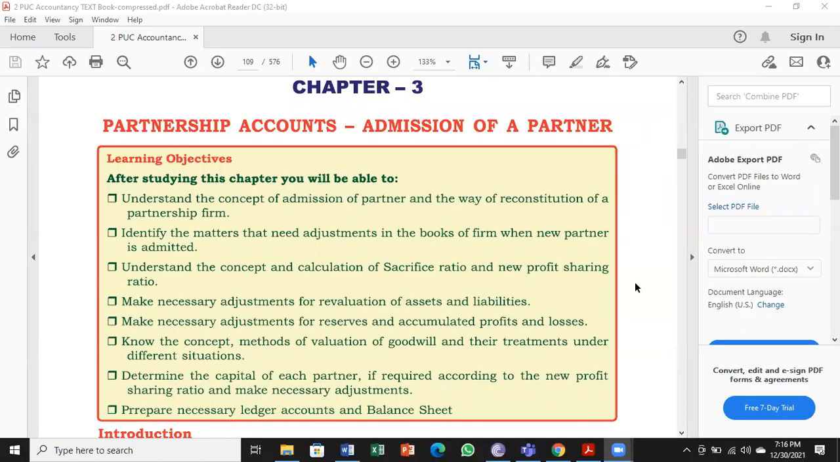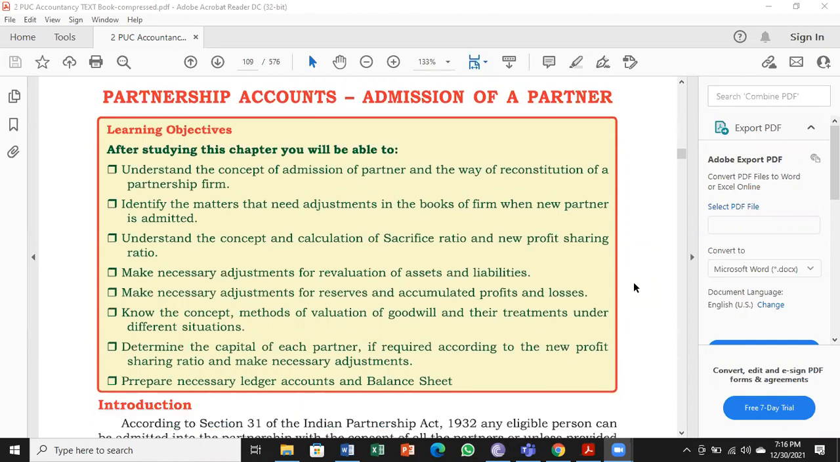So today we will start with a chapter called Partnership Accounts connected to admission of a partner. So here we'll be knowing many points. I have just given the objectives, the textbook which I have shared earlier with you all. So you can see the concepts we are going to learn and what are the ratios we'll be calculating, then